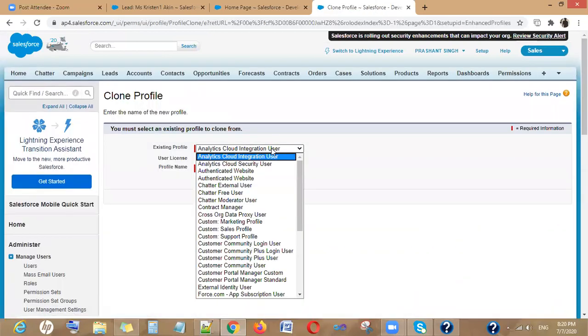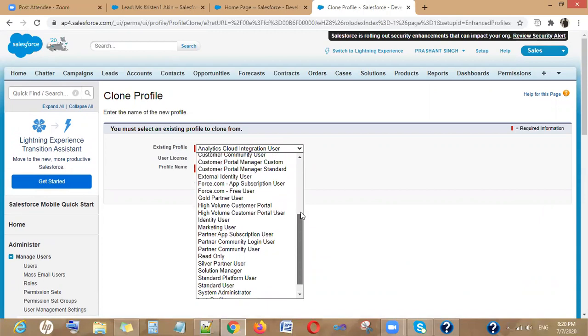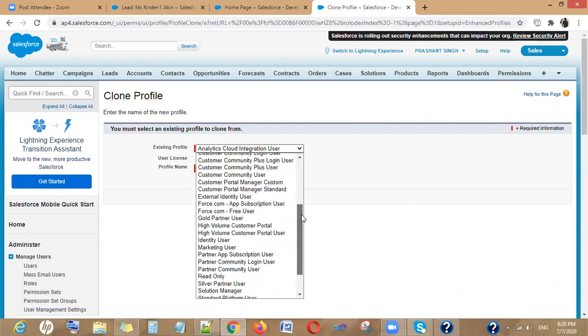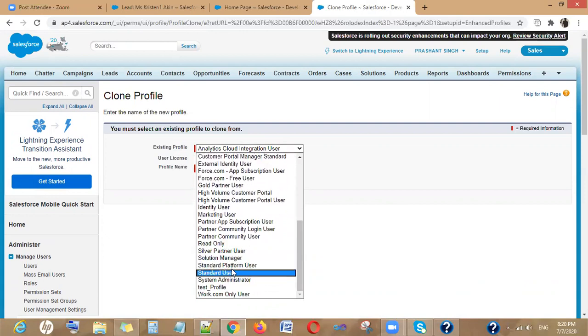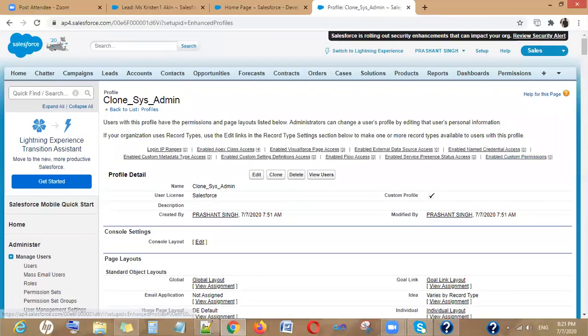Let's say here you have some profiles, and you select any of them, for example the system administrator, and you can give the profile name, and your profile is ready.